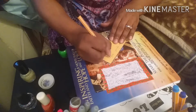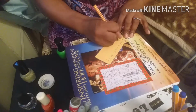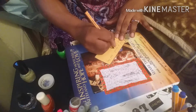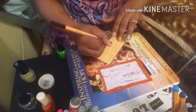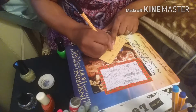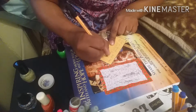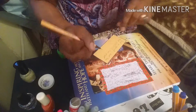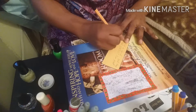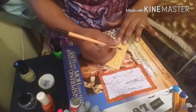And they that, and I'm going to do worship big because all my scripture cards are regarding worship. So I'm doing a lot of study on worship. And they that worship him must. I'm going to underline must because it's not an option. According to God, it's not an option how we should worship him. Must worship him,